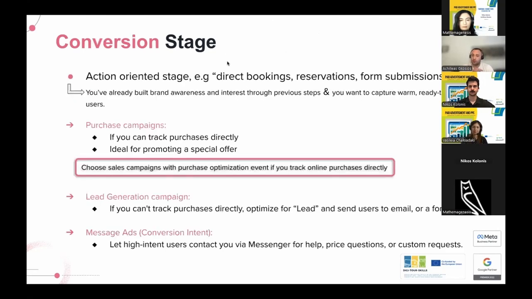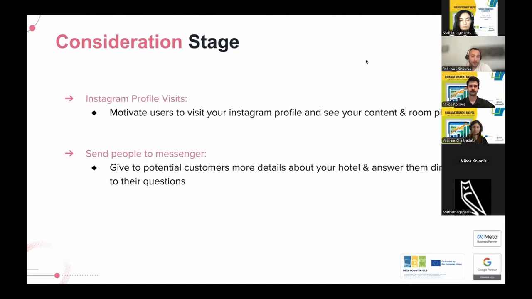Nick, if you want to go to the previous one again. Thank you. So if you don't have a website, you can run engagement campaigns. They are ideal for promoting your social media posts, and engagement campaigns drive many likes and many comments in order to keep your audience warm and keep their interest.